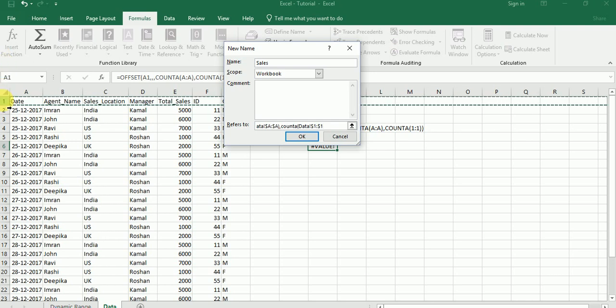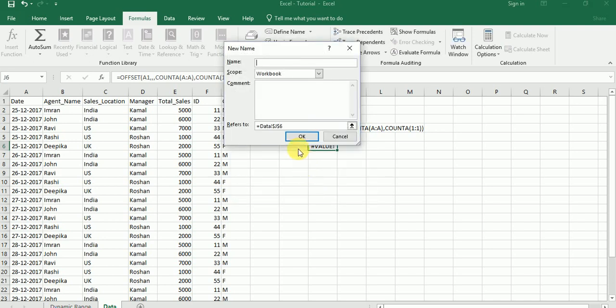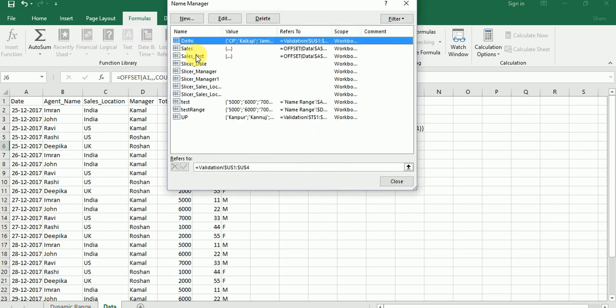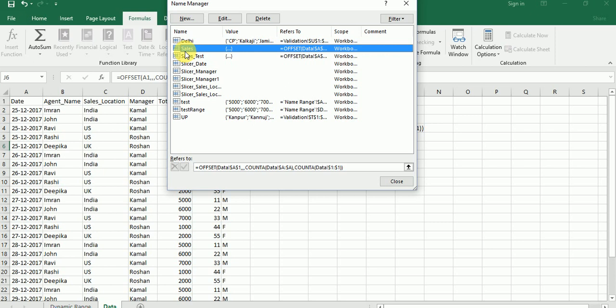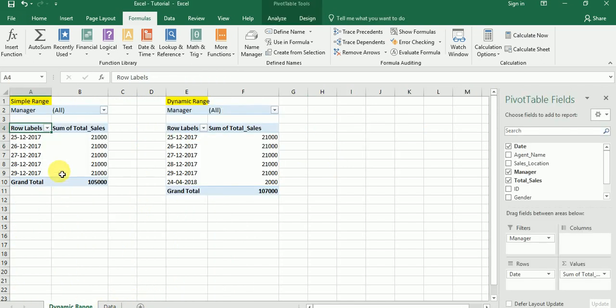Alright, then I'm saying close the offset and then saying okay. So they are saying the name range already exists because I have already created two name ranges, sales and sales test, right? That's why it's saying the name range already exists. So what we need to do, we can use any name range, either sales or sales test, both are referring